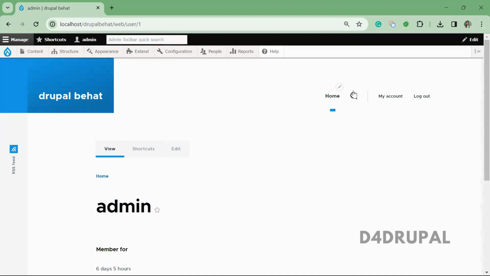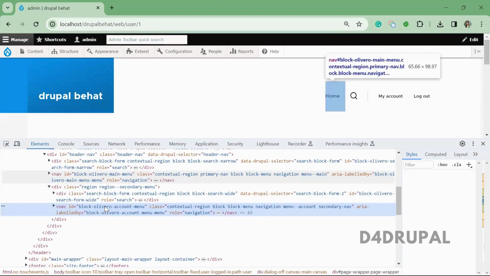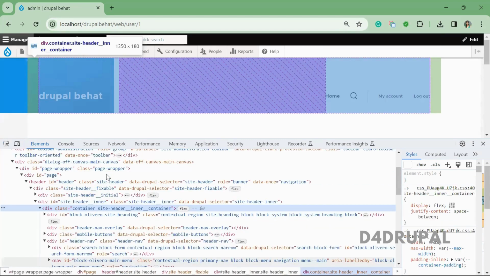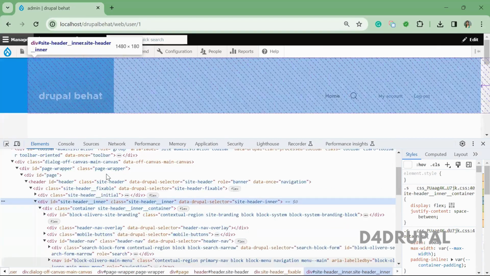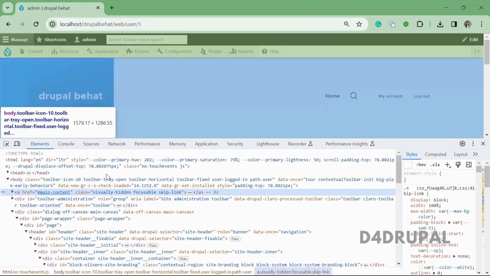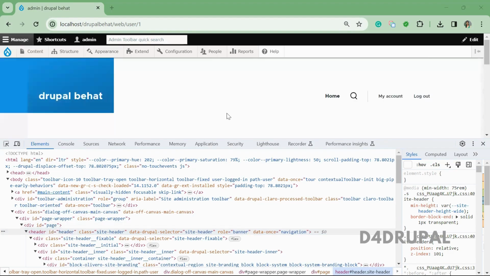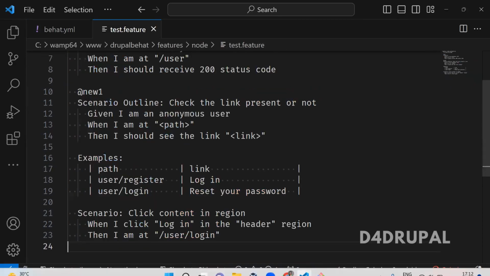So when you see my site, here you can see My account, Logout, all those are available in the header. For anonymous, the login button and register button will be available in the header, right? So I'm going to use this ID. I am mentioning that the hash header will be represented as header. And then when you run bash dl,